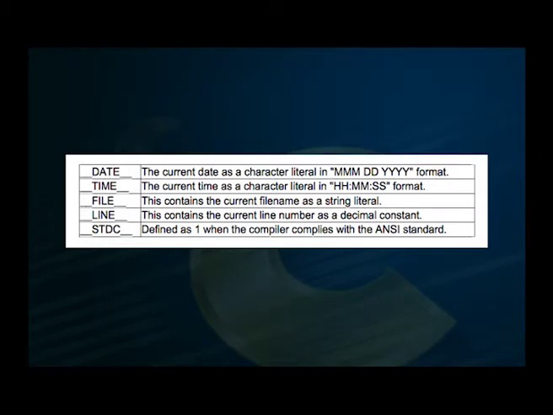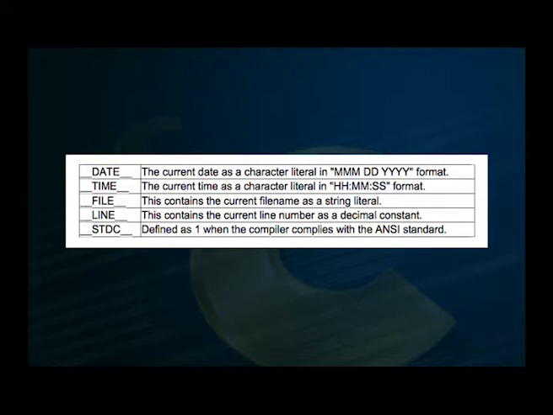The explanation of each of the macros used in the above program is given as shown in the table. Date: the current date is a character literal in MMM DD YYYY format. Time: the current time as character literal in HH:MM:SS format.